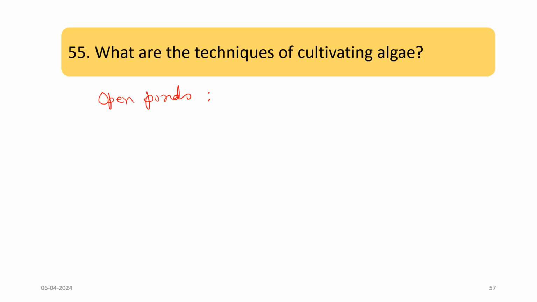You can see it is less efficient than the other systems, and other organisms can contaminate the pond and potentially damage or kill the algae. So this is the advantage of the open ponds, and this is the disadvantage of the open ponds. Second one is the